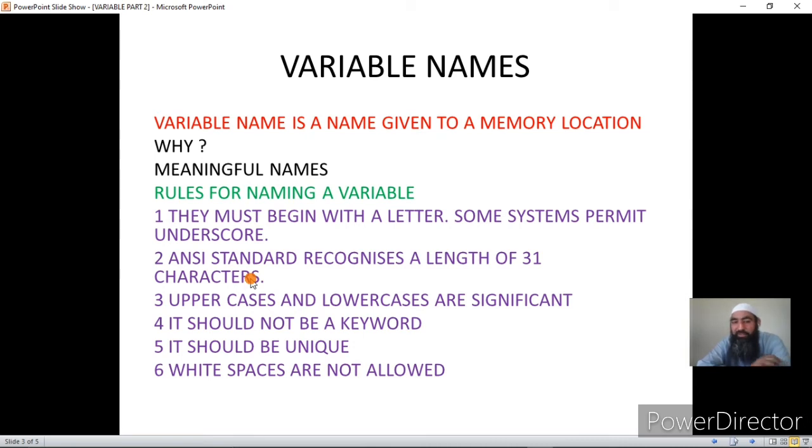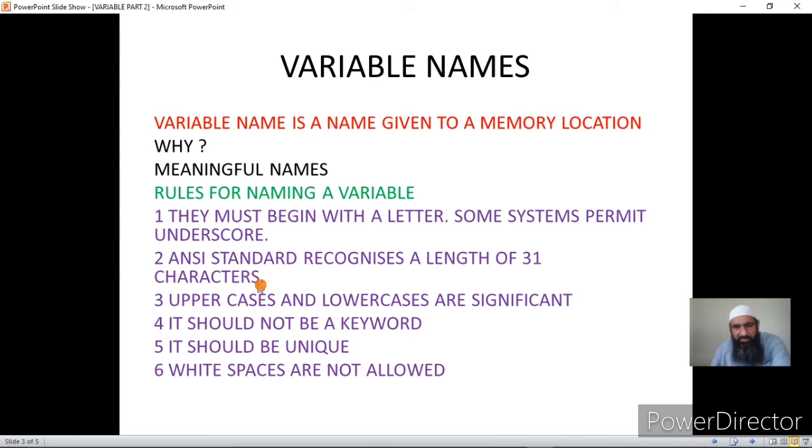That is, variable names should be unique up to the first 31 characters. And if they differ after the 31 characters, even if they seem to be two different variables, they will be treated as the same variable.